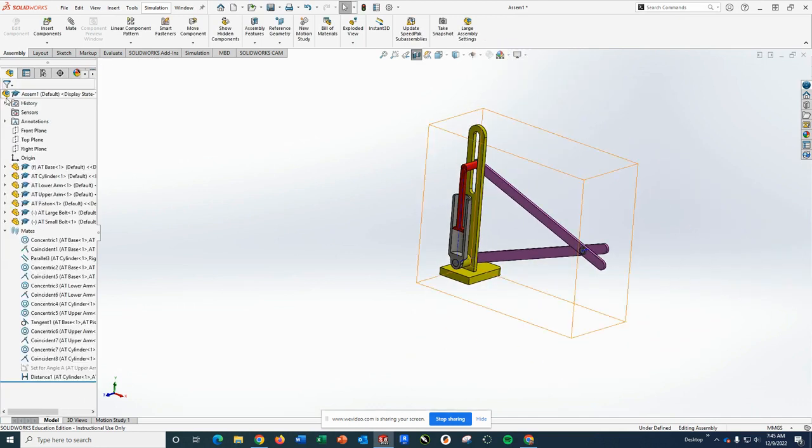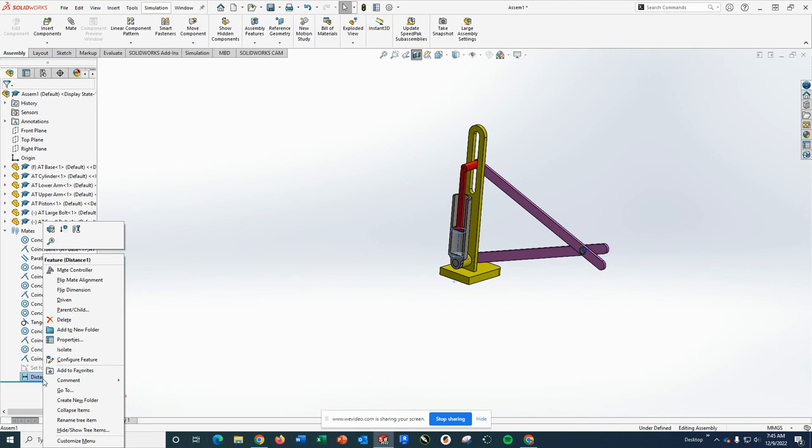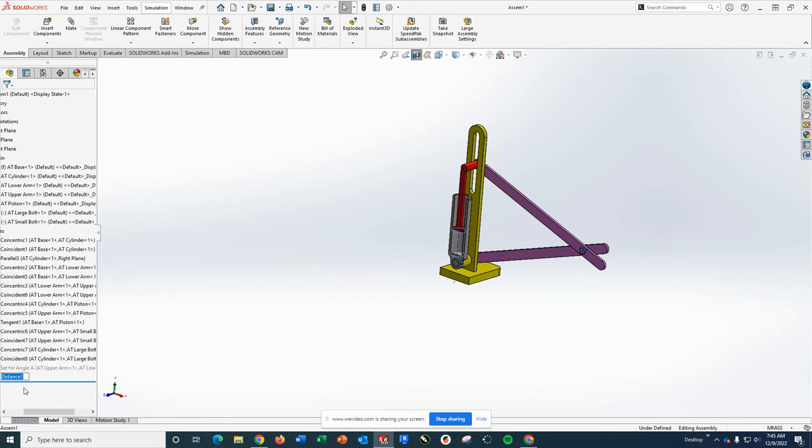So if I again get out of my mates tool, come down here, go to rename, set for distance E. So again, that's the mate that I will use if I'm given distance,